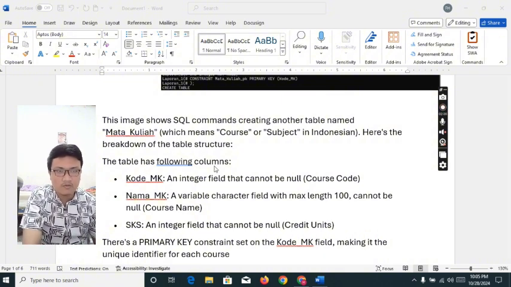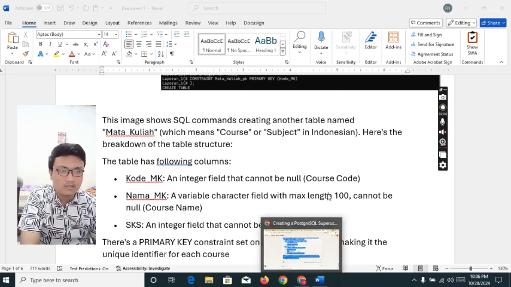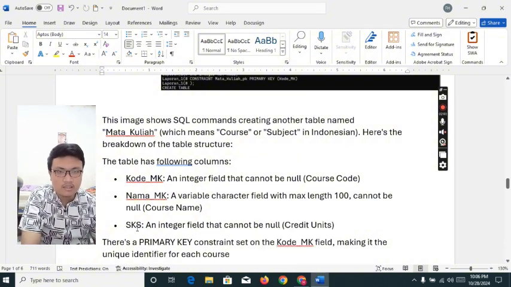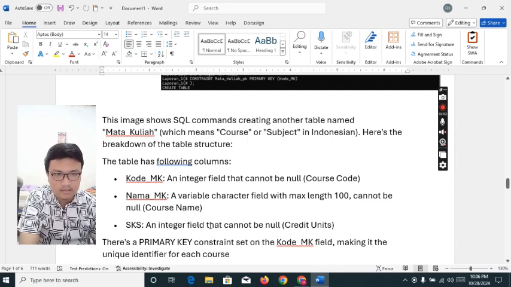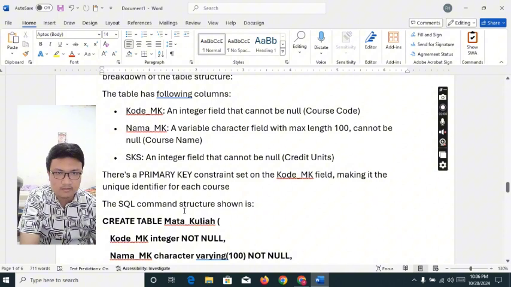The table has the following columns: kode_mk, an integer field that cannot be null, the course code; nama_mk, a variable character field with max 100 that cannot be null, the course name; and SKS, an integer field that cannot be null, the credit units.